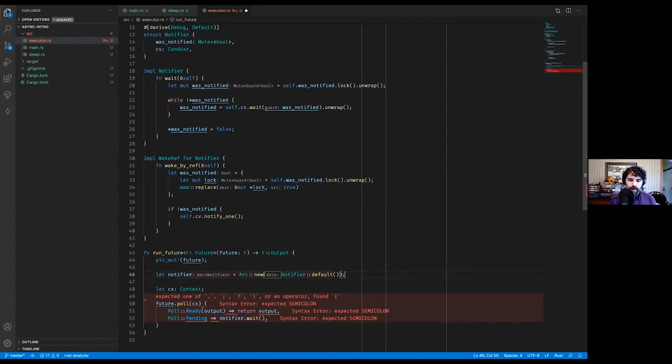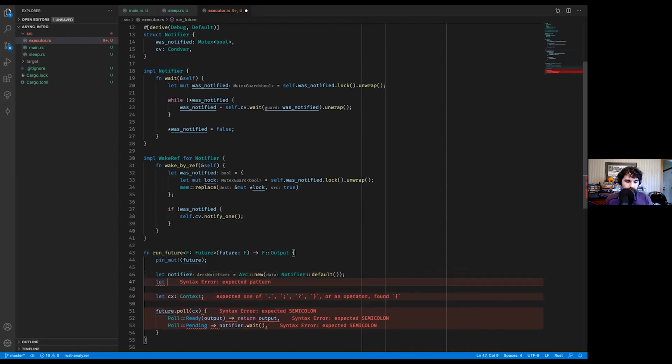Okay. We will go ahead and get our waker out of it. So we will create another one of these. We'll say notifier.clone. Cool. And then we are going to turn that into a waker, which comes from this into-waker trait. This function here manages all of the horrible logic of creating raw pointers and function pointers and dealing with all that stuff for us. We have our waker. We can now put the waker inside of our context.